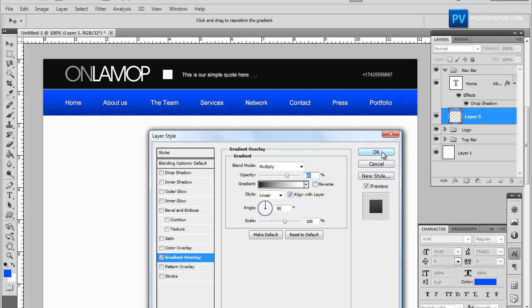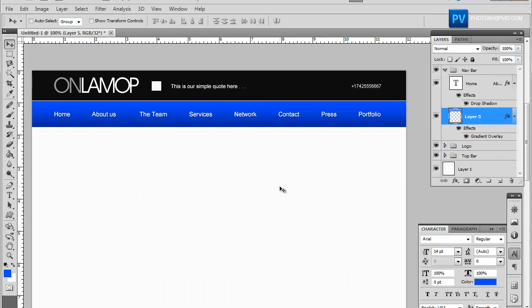67 opacity. So I'm actually going to go ahead and end the first part of this tutorial here,